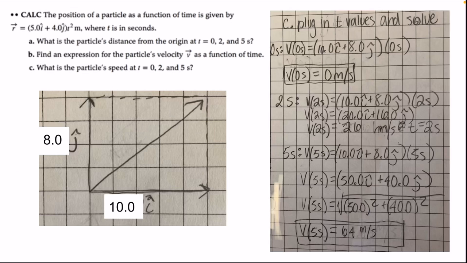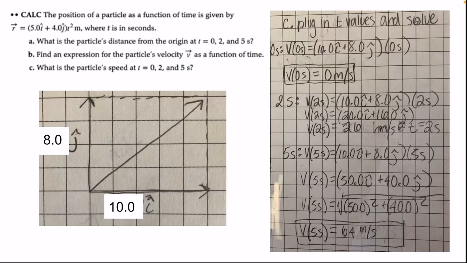So part C is asking what is the particle's speed at t equals 0, 2, and 5 seconds. So you can already see that this is going to be very similar to part A, just using our new expression that we saw in part B. So 0 seconds is just going to cancel everything out, so the velocity is just 0 meters per second at 0. At 2 seconds, I didn't show it here on accident, but you do use that Pythagorean theorem relationship